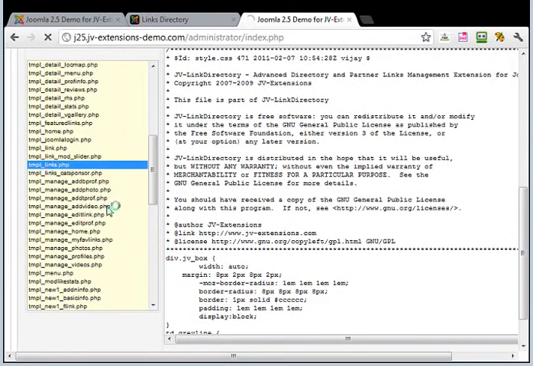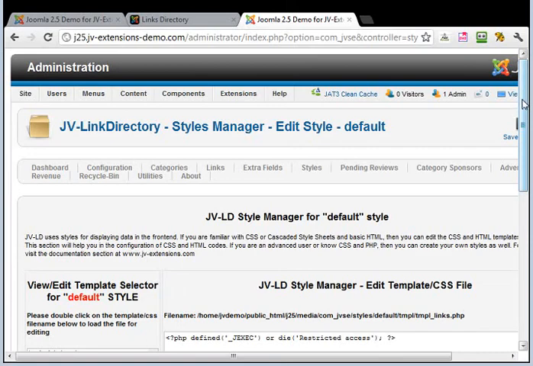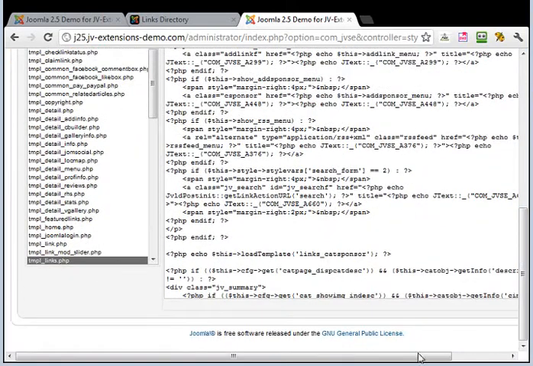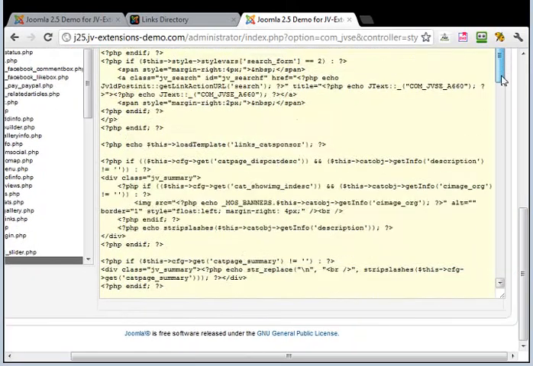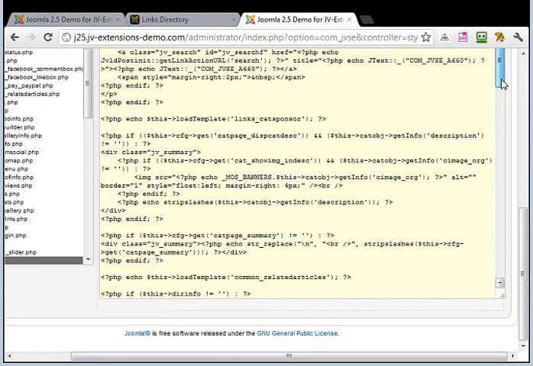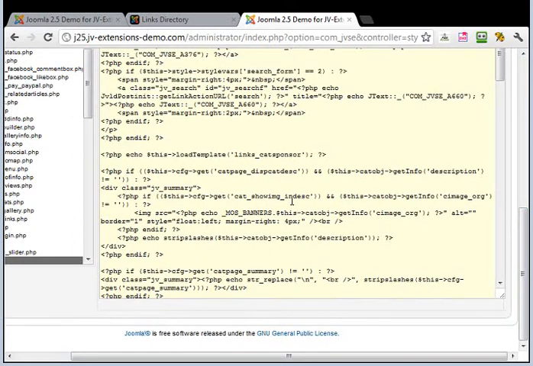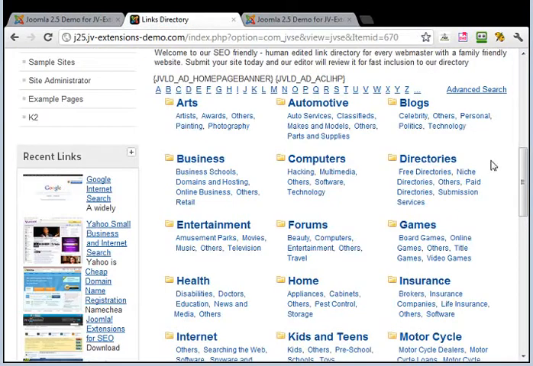So we double click on that, it gets loaded onto the editor, and now we're going to browse through this file and identify the location where you want to place this particular ad spec. Let's say we want to put the ad spec just below, let's say over here. Let's go to business.